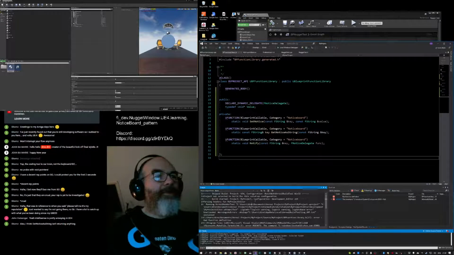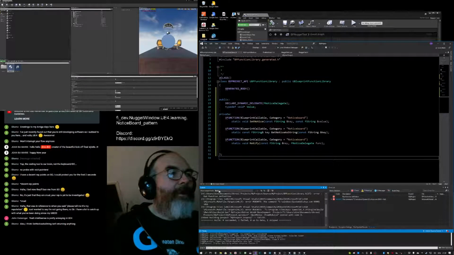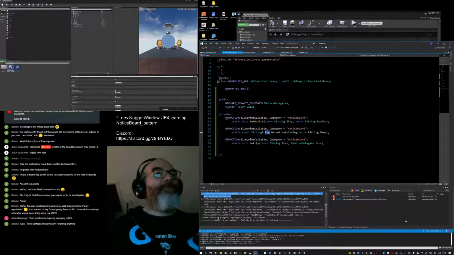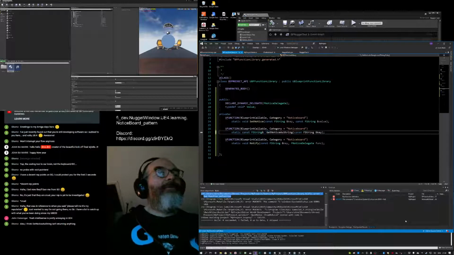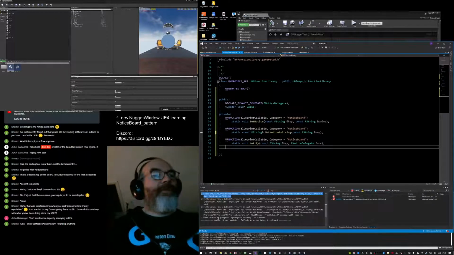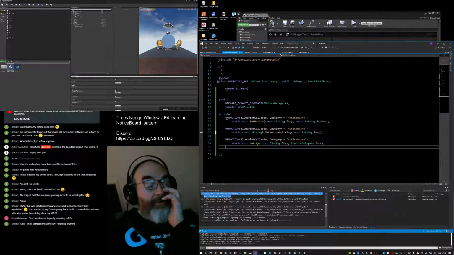Let's see, running header tool. I can't see what the complaint error. Bad function definition. Really? It is a bad function. This is from the tool that goes through all of these and does the reflection.